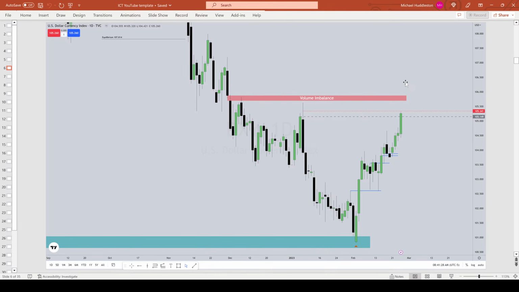So that way, gun to my head, I'm not ambiguously saying things. I'm telling you exactly what I want to see. If it's not these things, then I'm doing nothing. I'm sitting with my hands in my pocket doing nothing. I'm not in a rush to make decisions. I'm not confused. I'm not lost in price action. I know exactly what I'm waiting for. I know exactly what I don't want to touch. If it's something that doesn't make sense to me based on my concepts, I'm not going to do anything.